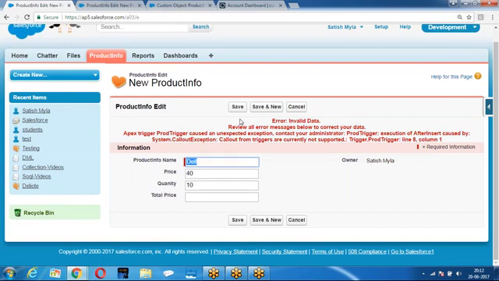In a trigger, you have already clicked on the save button and the record is about to be saved. Then you make a call to a third-party system. If the third-party system takes 20 seconds to give a response, then your trigger has to be halted for 20 seconds.